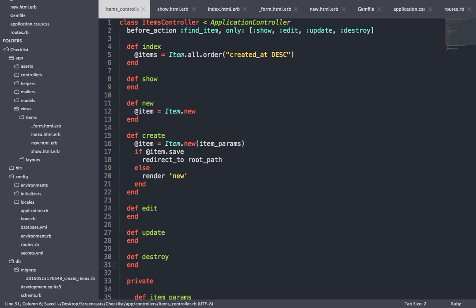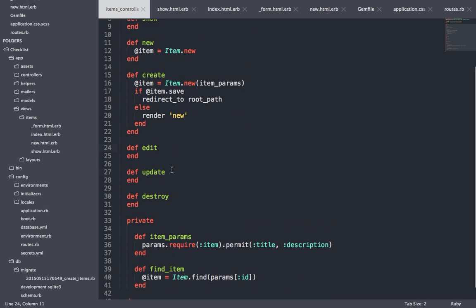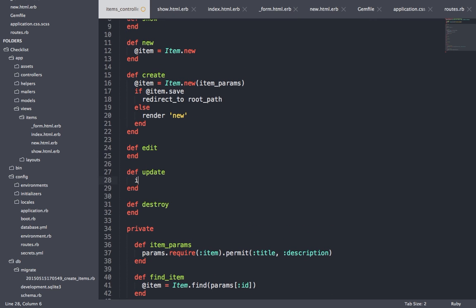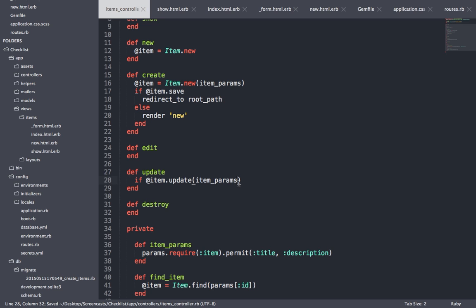Now edit is going to be similar to show, where all we're doing is just finding the item. As you can see up here, find item, edit. So that'll be finding the item, which is represented by @item. For update, we're going to do if the item updates with the item params. You can kind of think of the item params as being what the user types into the simple form. So if the item updates with the new item params, so if you change the title or the description, that'll